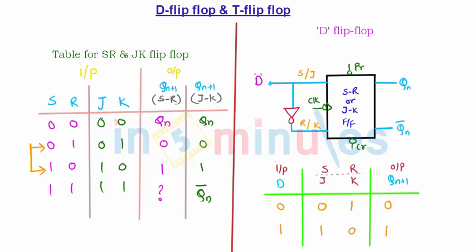So if you see carefully, this is nothing but delayed input, means whatever combinations of NAND latch is inside the SR or JK flip-flop, it took some time but produced the same output as the inputs. That's why this flip-flop is called a D flip-flop or delay flip-flop. Hence the name is D flip-flop.